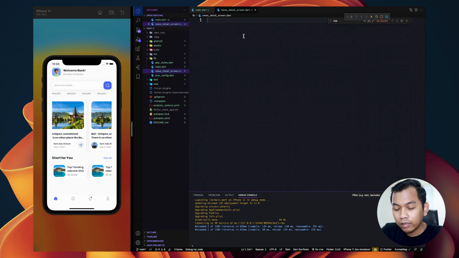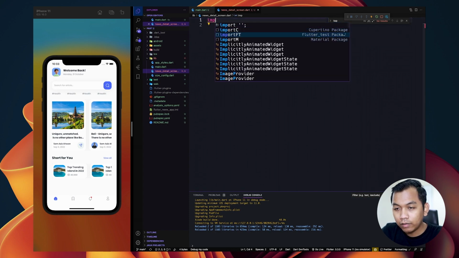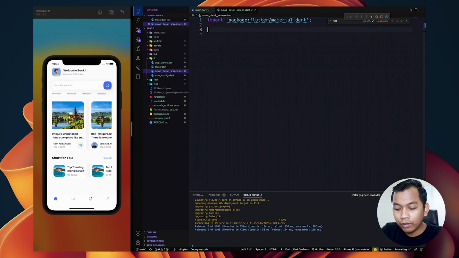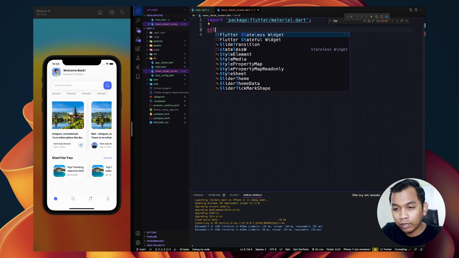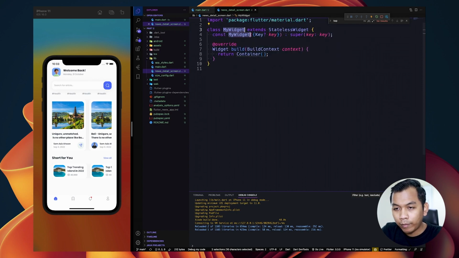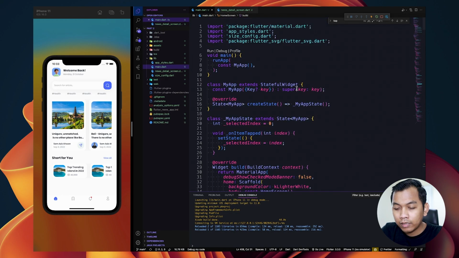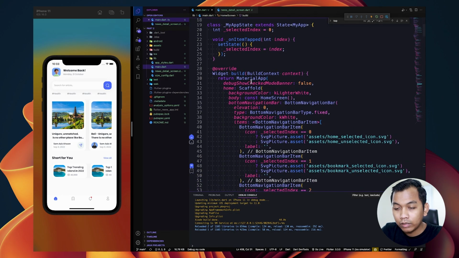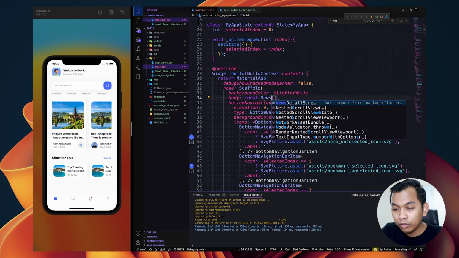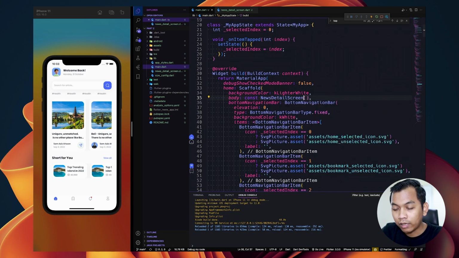And let's import material here. And what we need to do here is create a new stateless widget, named news detail screen. And let's jump into the scaffold widget here. And we need to change the body into news detail screen.